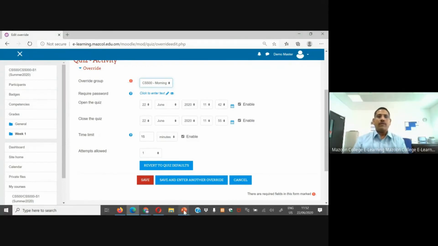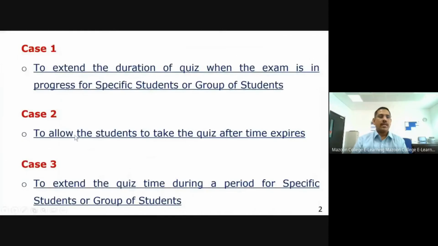What about our second case? The second case is to allow the student to take the quiz after time expires. We faced some problems with this in the previous semester or before that. Suppose time expires, and suddenly the student finishes the exam unknowingly, by mistake.